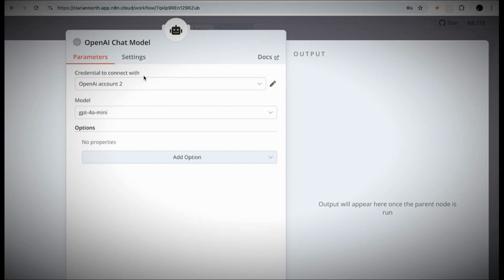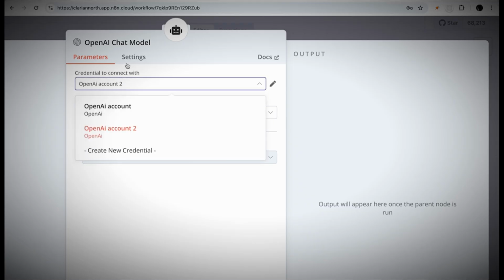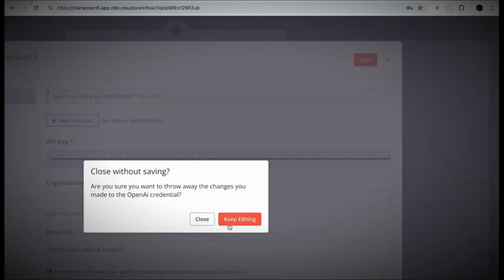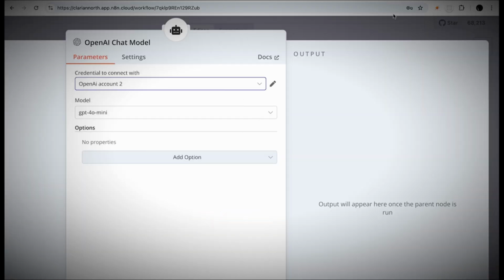So here, it's the same process as before. We need to connect the credential. I already have my credential, but you're going to have to create a new credential. And this time it's a lot more simple, because thank the heavens it's not Facebook. All we really need is the API key. Now, where do we get the API key? I'm going to close this for a second. To get your API key,